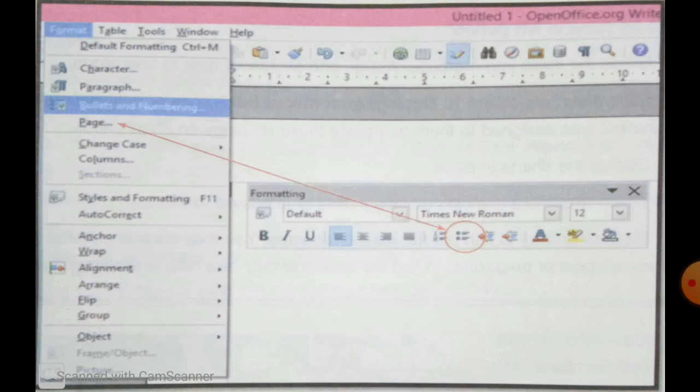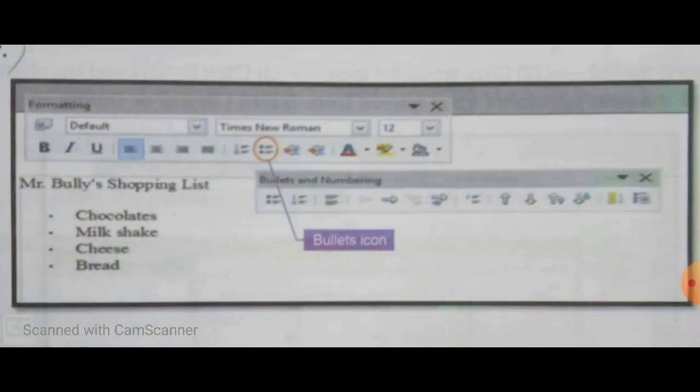To make a bulleted list, click on the bullets icon from the formatting toolbar. Place the cursor from where you want the list. Type each list item in the document by pressing enter.